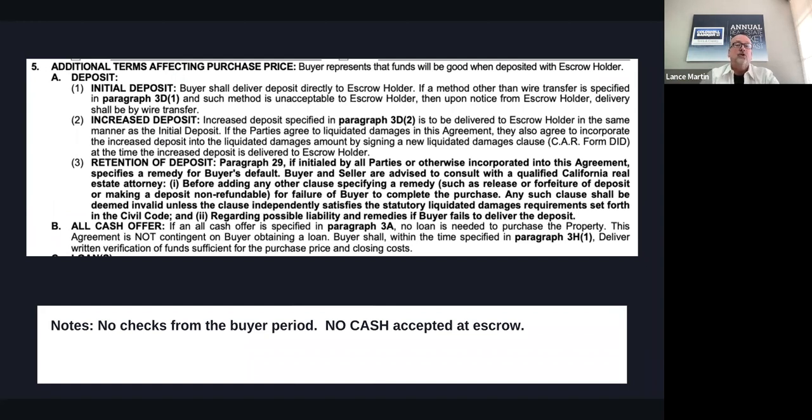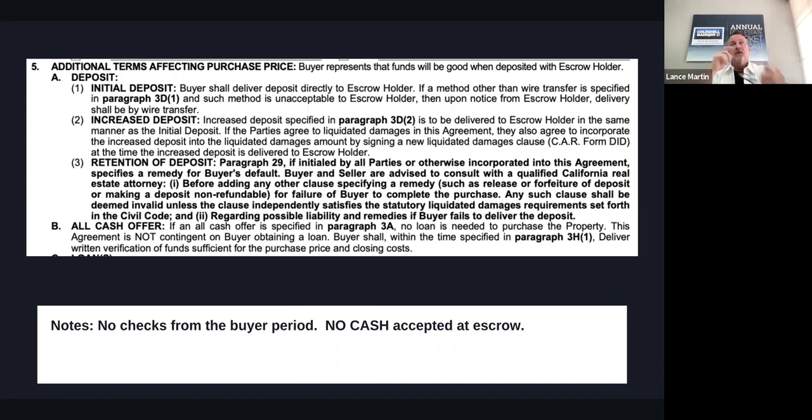So when would you use an increased deposit? Let me give you an example. Let's just suppose, Andre, you're the listing agent and this is a $1 million property. I'm talking to my buyer and my buyer says, hey, I'd like to do a $30,000 deposit. I'm going to recommend a